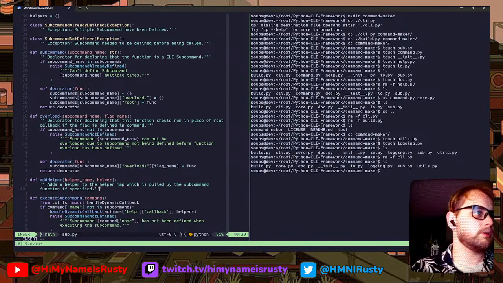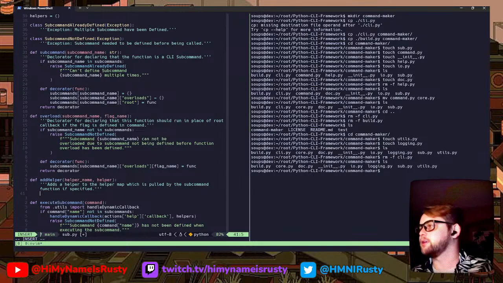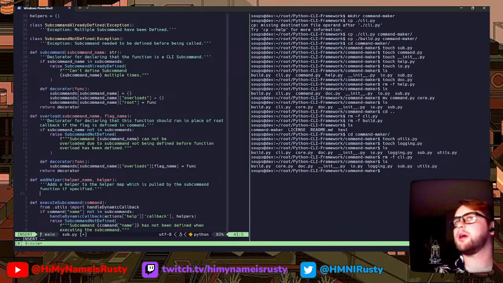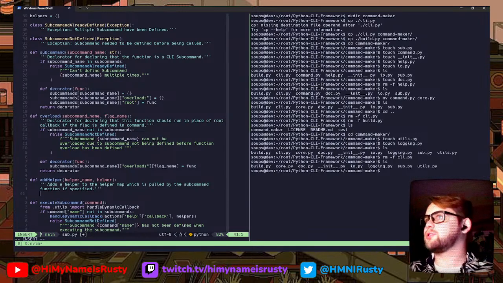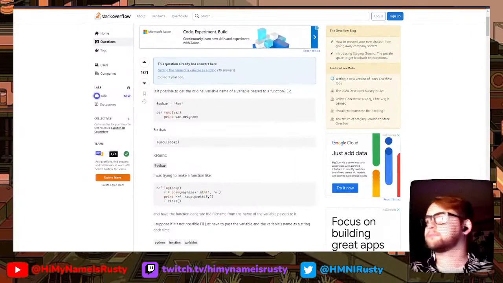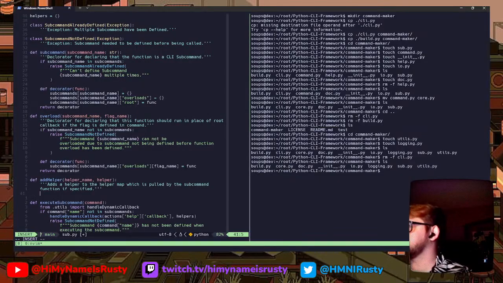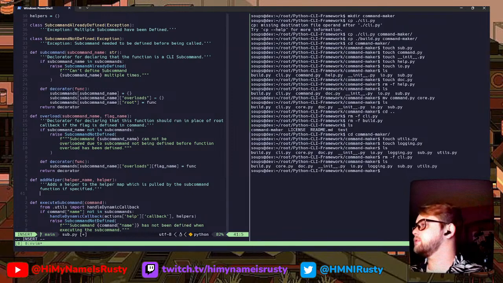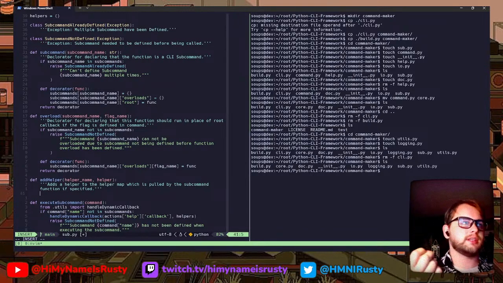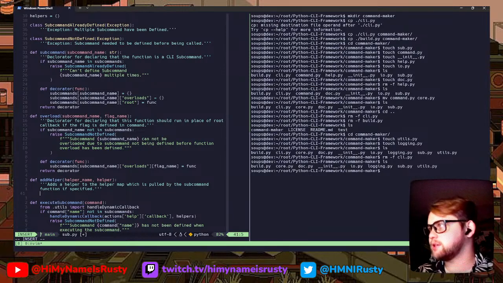deal with that later. So the idea I have is that instead of trying to figure out what helpers they want in the subcommand at point of execution, we try to figure that out at the point of definition. Basically meaning that in our overload and subcommand functions, we get the parameters that they specify, the names of those. We lowercase them all, so it doesn't have to be type safe.